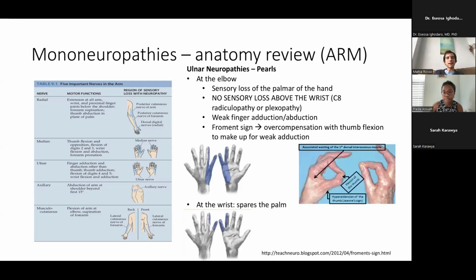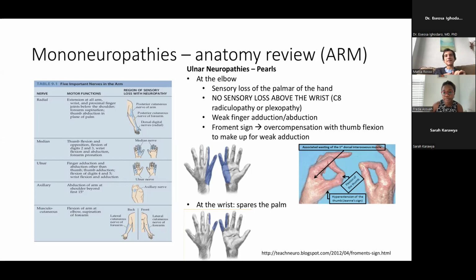Then we go into ulnar neuropathies. And again, here, we look at whether we're at the elbow or at the wrist. At the wrist, pretty rare, and you will only have involvement of sensory loss of the two fingers, so the half of the index finger and the pinky. And this is most commonly seen, never seen a case of this either, but most commonly seen with cyclists. It's called, I think, a handlebar palsy.